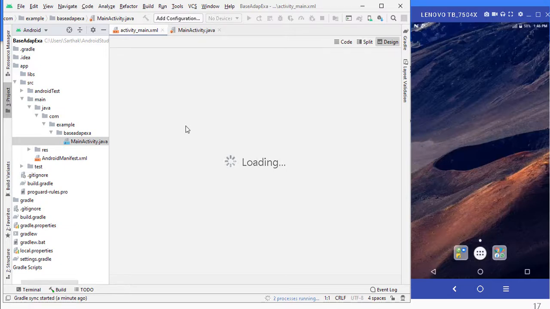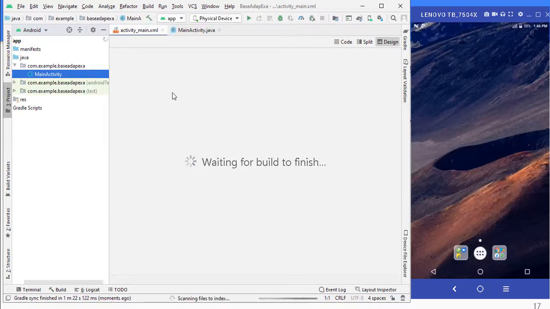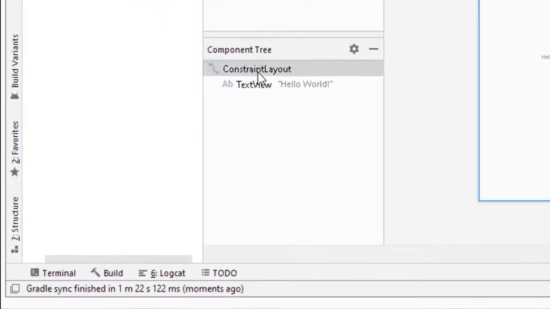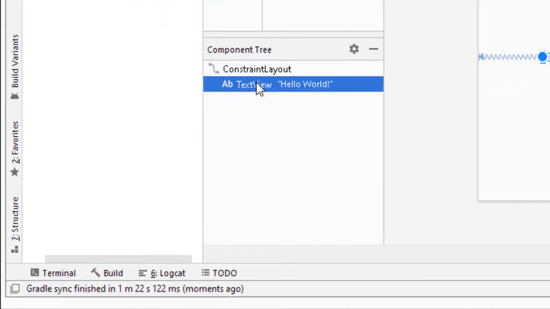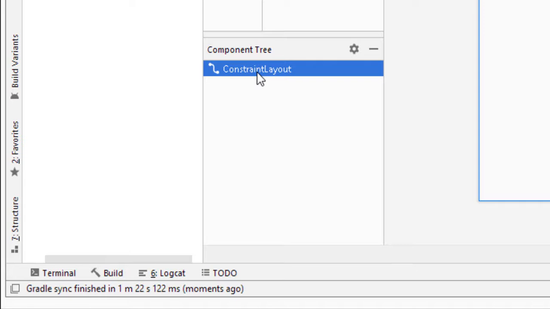After the Gradle processing finishes, we are going to create a LinearLayout as the view group or root element for the design. Now it is ready. So first of all, let me change to LinearLayout, because by default there is a ConstraintLayout. So right now I am going to delete the TextView first. So now we have no view. I am going to convert the ConstraintLayout into a LinearLayout.